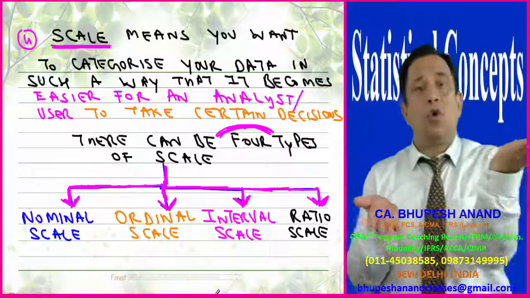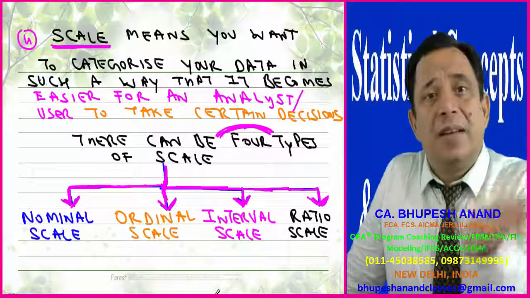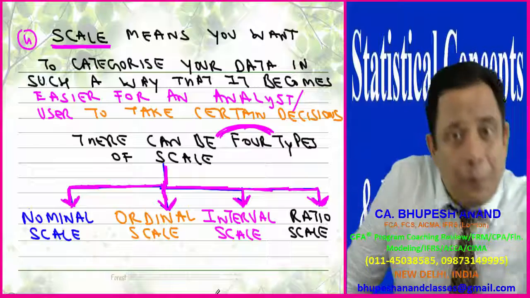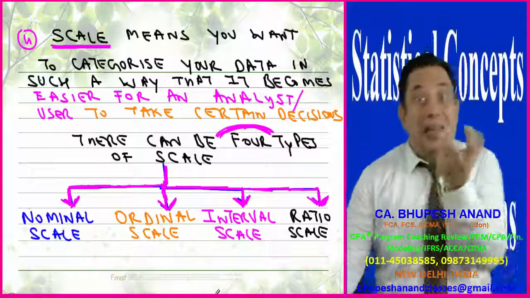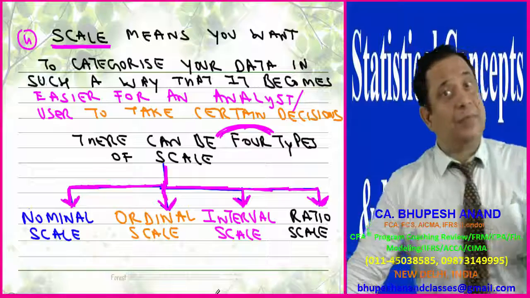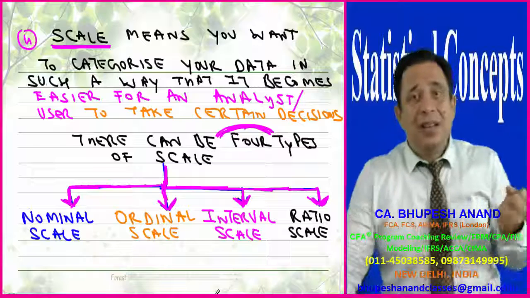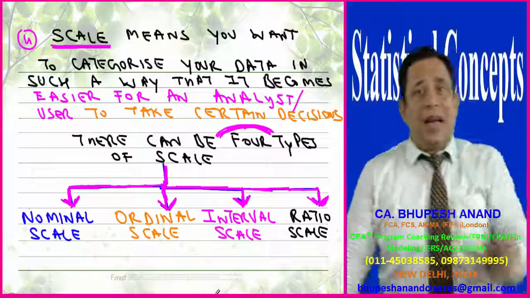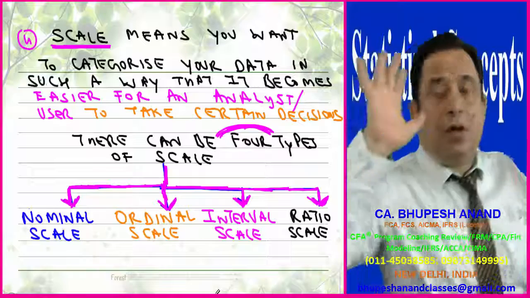For example, if we go to buy potatoes, the vegetable vendor will give them to us in kgs. If I want to buy milk, the milk vendor will give it in liters. So liter is a scale to measure liquid items, and kg is a scale to measure solid items. Similarly, if I want to purchase cloth for my shirt, it will be given to me in meters. So meter is a scale for measuring cloth.